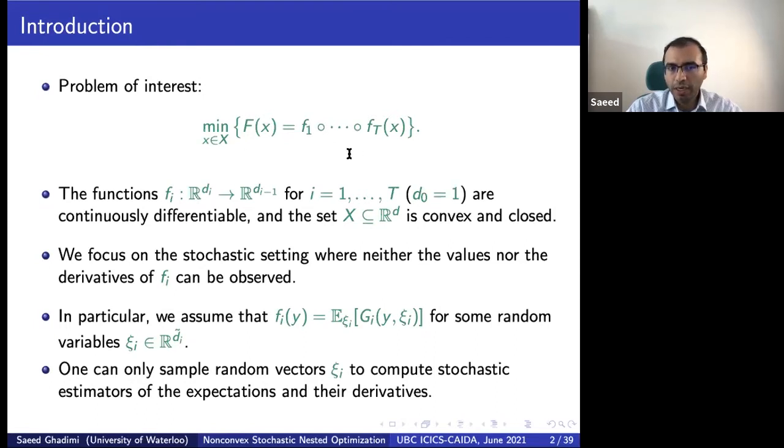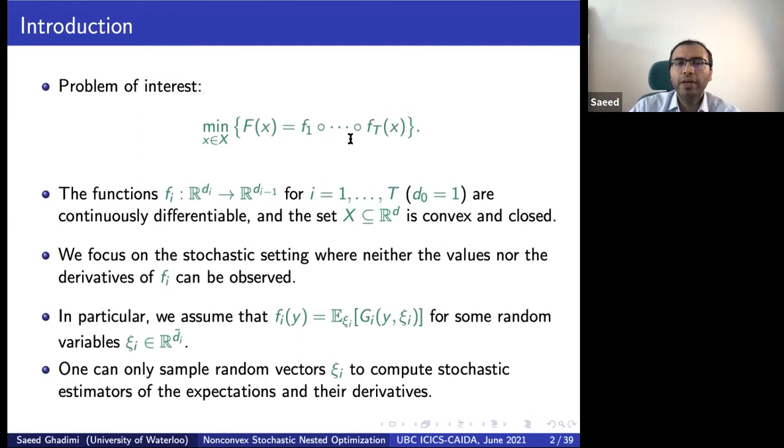then the objective function is not a classical stochastic optimization in the sense that even if you have an unbiased estimator, for example, for the gradient of each fi, then you cannot have an unbiased estimator for the gradient of the whole function. Actually, there is a way to get an unbiased estimator, as I will mention in the next slides. However, the variance of that estimator is polynomial in the problem dimension, and so it's not practical to use that approach if you have a larger scale optimization problem.